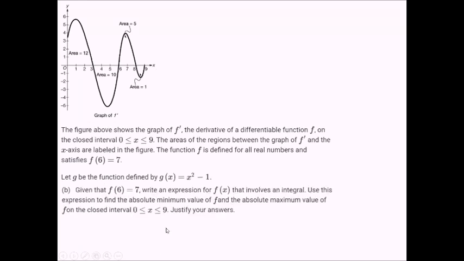On this problem part, they're reminding us that f of 6 is 7 because we already forgot, and they want us to write an expression for f of x involving an integral, and then use it to find the absolute min and max. Okay, so let's start by getting an expression for f of x. So to find any value of f of x, we have to start with the value they gave us, f of 6, which has a value of 7. So I'm going to write f of x equals 7. And we're going to have to add the integral from the x value 6 to whatever x value you want to input. So I'm going to say plus integral from 6 to x of,